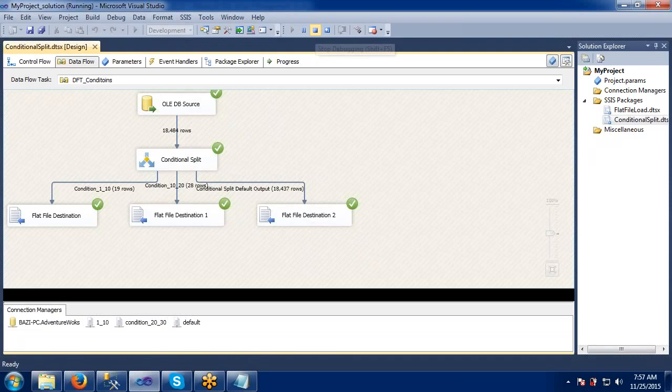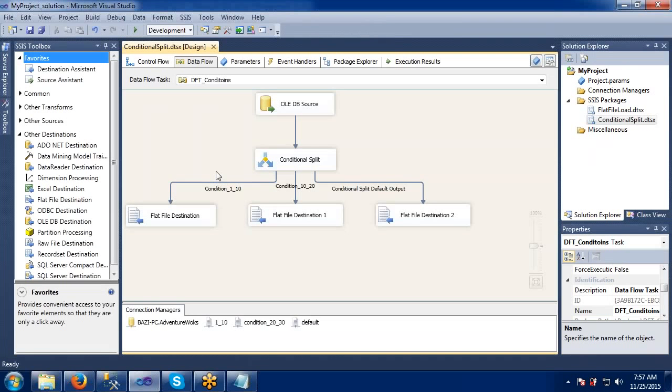The file destination can be only a flat file, or it can be any format. In our requirement, it is a flat file. We can take it as an Excel, we can take it as a table, you can try yourself. But the requirement is that the source data has to be split, and the split data should be divided into three destinations. It can be flat file, it can be Excel, it can be table. So in our requirement, I have taken a flat file. If you want to try, you can try the Excel.